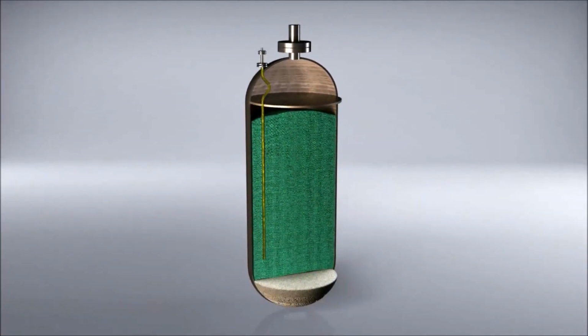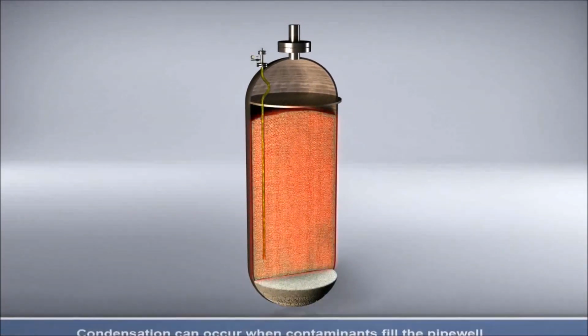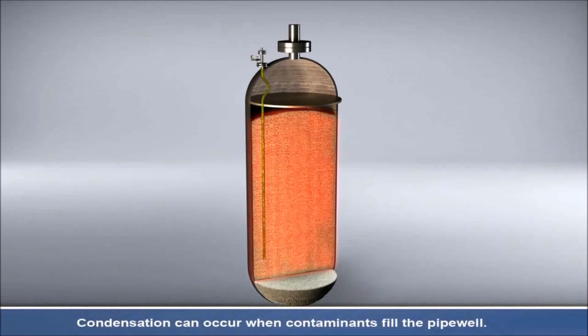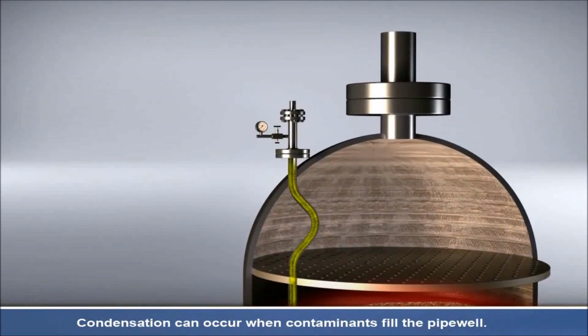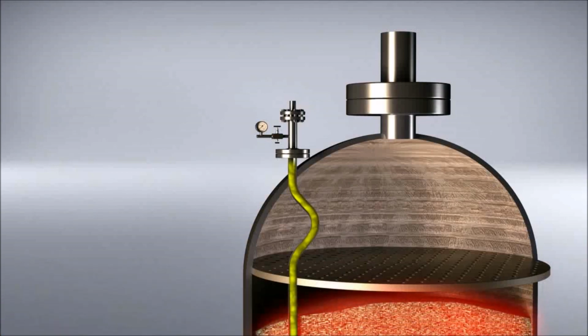As contaminated gas fills the inside of the pipe well, it is possible to have condensation occur. This is the result of the different temperatures that occur in the pipe well from the hot tip to the cooler nozzle. Condensation occurs in a reflux action which causes contaminants to be carried up by steam and deposited near the top of the flexo. This creates a concentration cell of chlorides that cause corrosion in and around the nozzle.